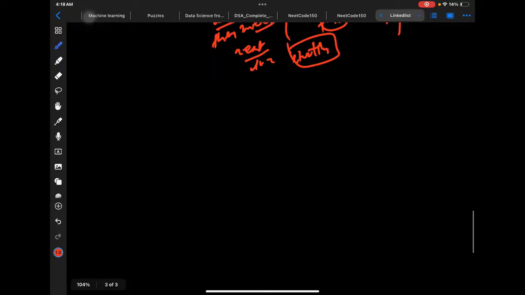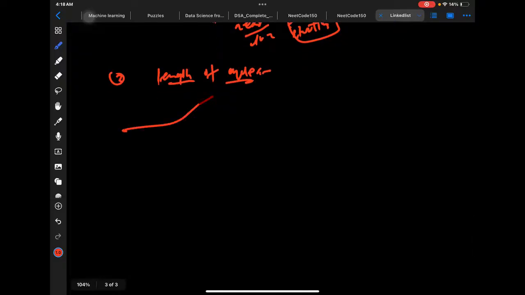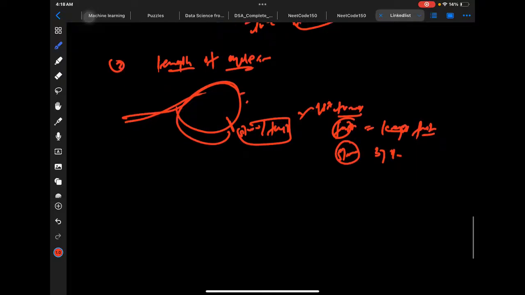Okay, and the third question is length of cycle. So how do we find the length of the cycle of a linked list? Let's say slow and fast meet at a point for the first time. After that, we keep our fast pointer as it is and move the slow pointer by one node, and with that